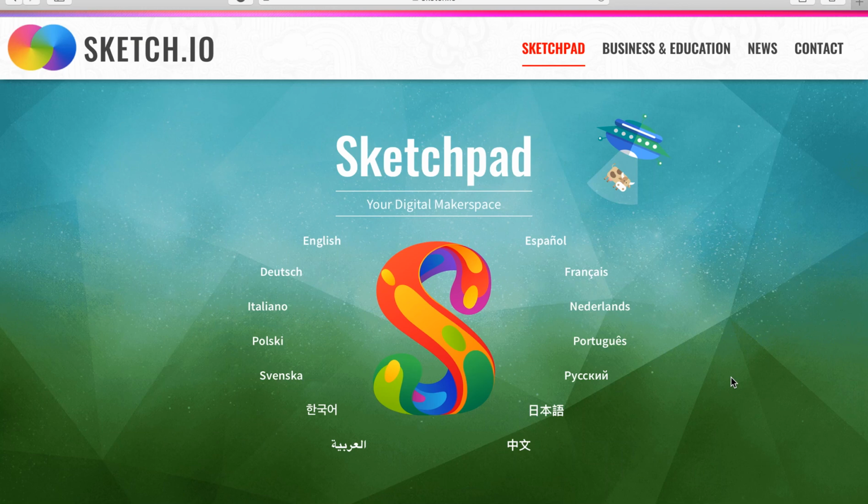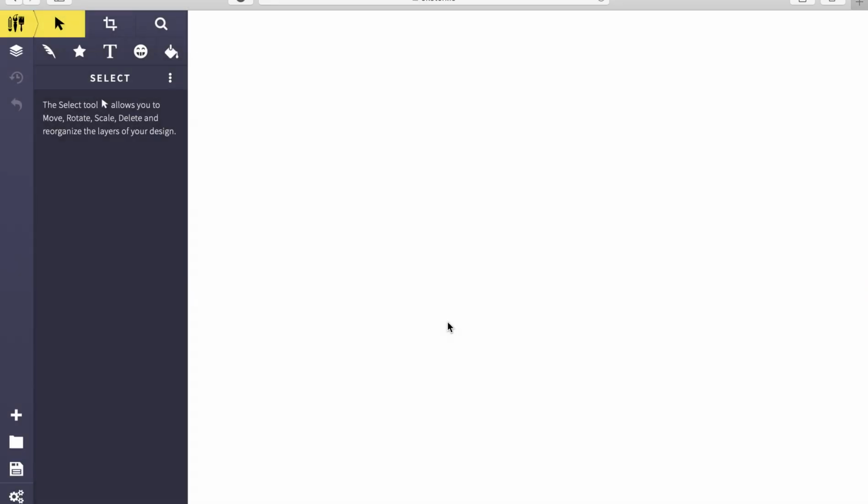Once you click the link, you will see on the screen something like this one. So the first thing you need to do, you click English. So wait for the software to load, and then once the software has been loaded on your computer,